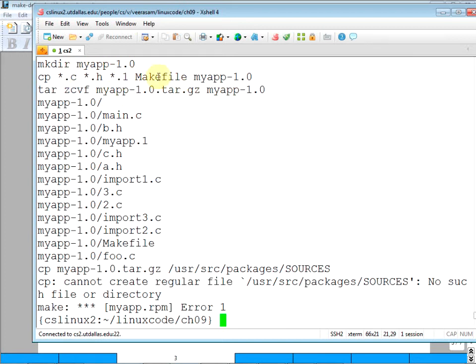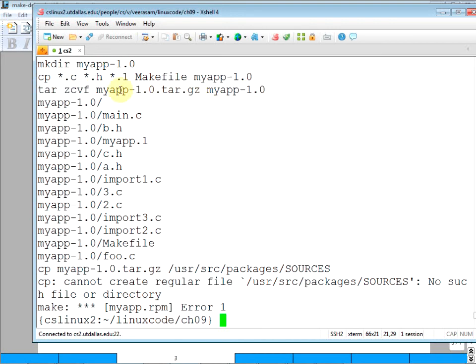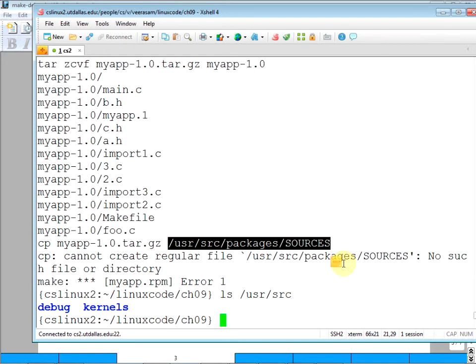So it copied the files to a particular directory and it tarred that directory to this file, and so all this became part of that file. Then it tries to copy into this directory, which obviously I don't have permissions to. The directory does exist, but this directory doesn't exist. So this one is a very heavily used command. Again, we won't use it a lot, just to know how to use the makefile.